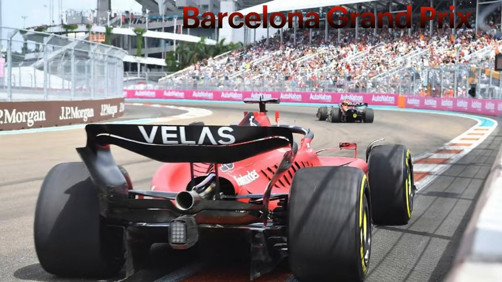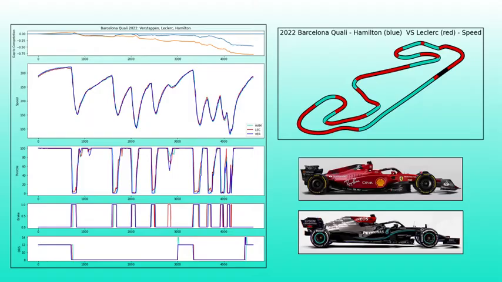I chose the Barcelona Grand Prix as the first circuit to analyze. I thought it truly showed straight speed very well, as you'll see in this next chart here. It's got a very long straight, and a couple straights, but a very long straight. And you can see in the delta time at the top, Lewis does quite well at the beginning where that straight is, and then he kind of tapers off until being about